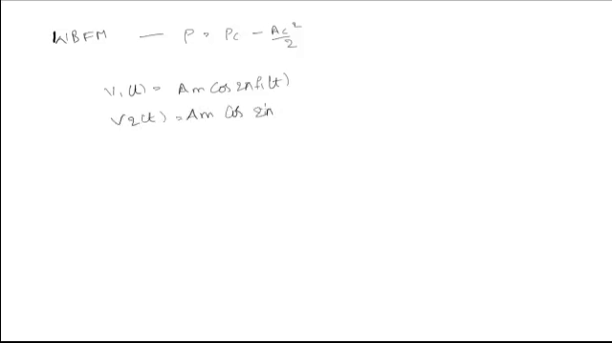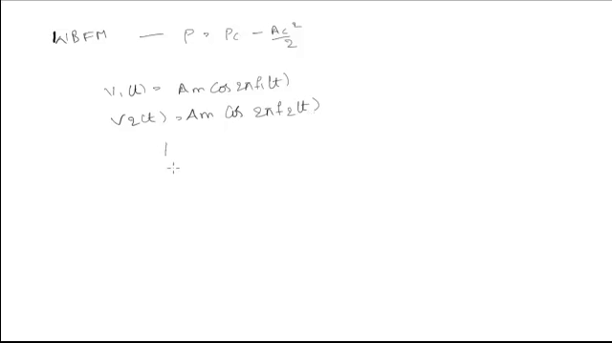As we have already discussed wideband frequency modulation, whose power is the power of the carrier, which is nothing but Ac square by 2, we will now discuss multi-tone wideband frequency modulation, where two frequencies are considered to be frequency modulated. Following the same procedure as for wideband frequency modulation, we consider two different frequencies, V1 of t equal to Am cos 2 pi f1 t, and V2 of t equal to Am cos 2 pi f2 t. Similar to wideband frequency modulation, we will get